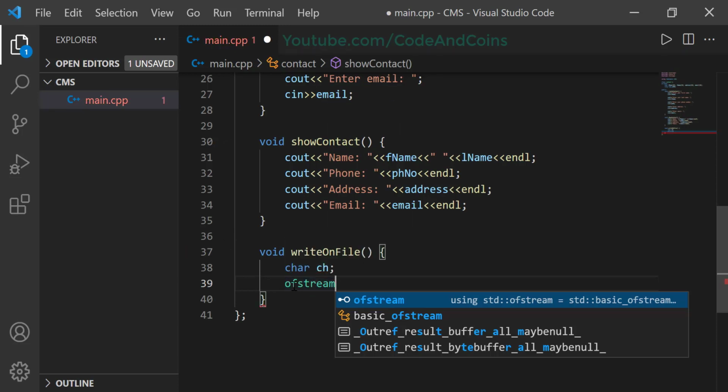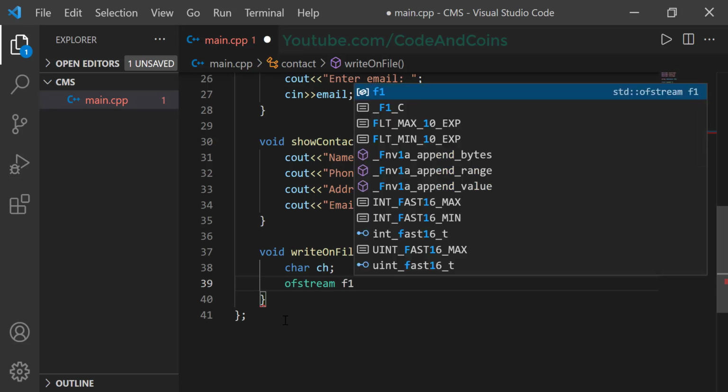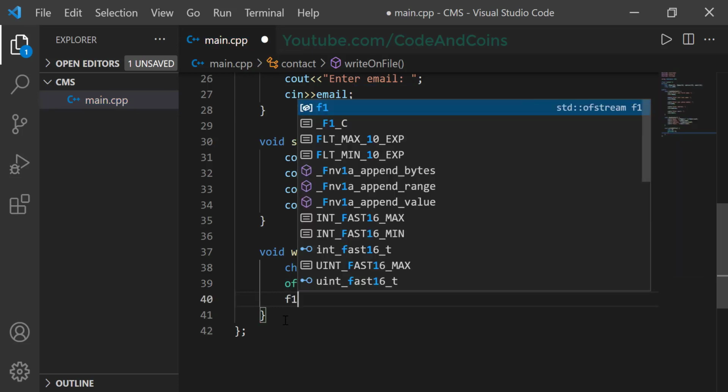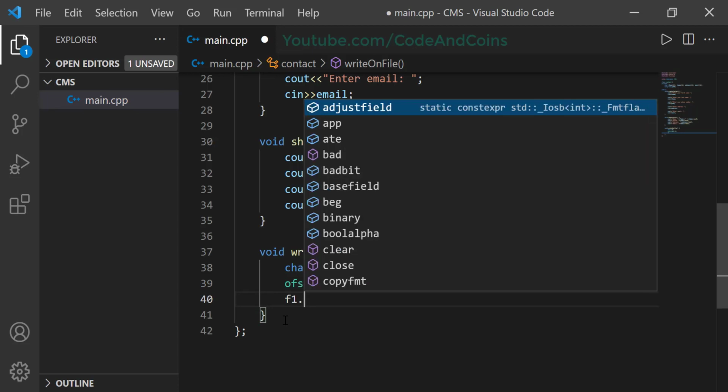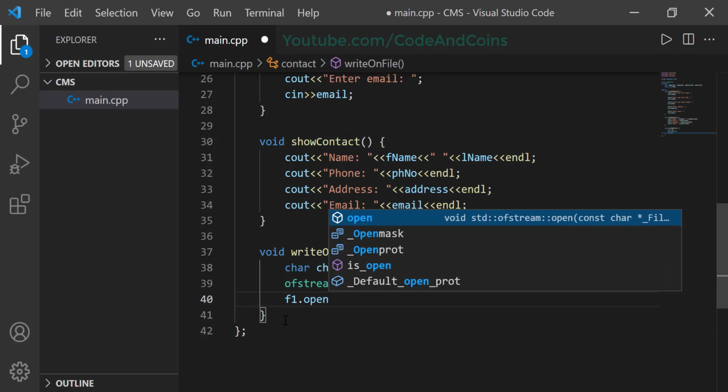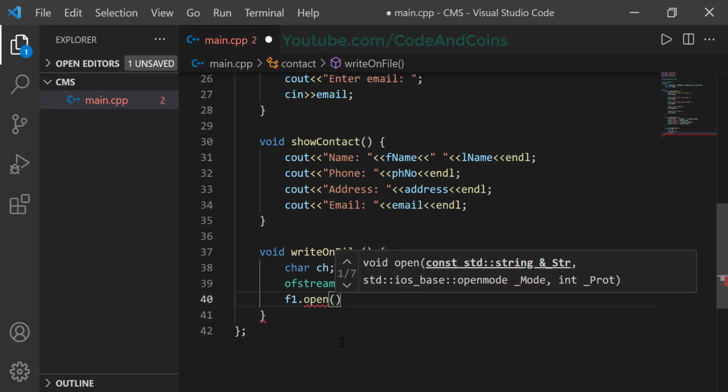OFstream means output file stream. We use ofstream whenever we want to write something into the file. And let's create the object of ofstream, f1, and by using this object, let's open this file. This open function takes two arguments. The first one is the name of the file, and the second one is in which mode we want to open this file. So first give it a file name, that is